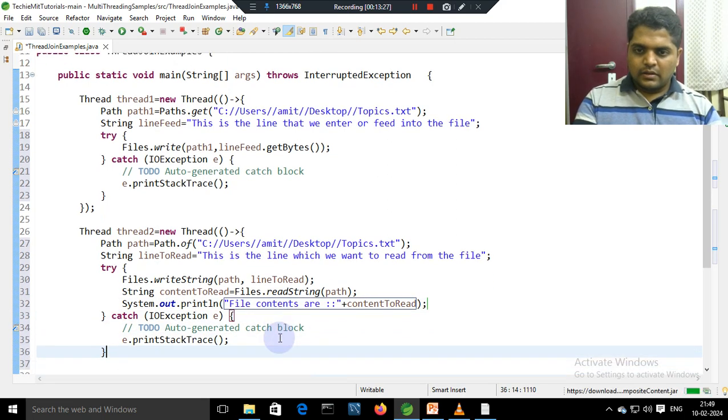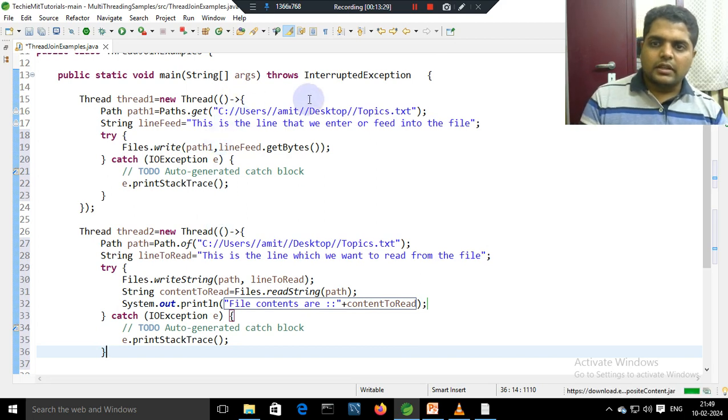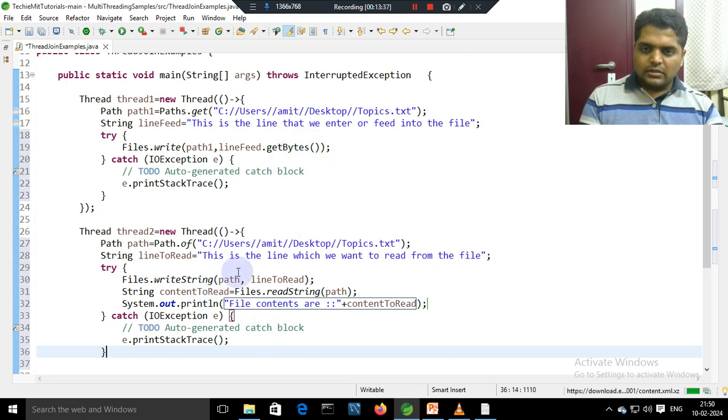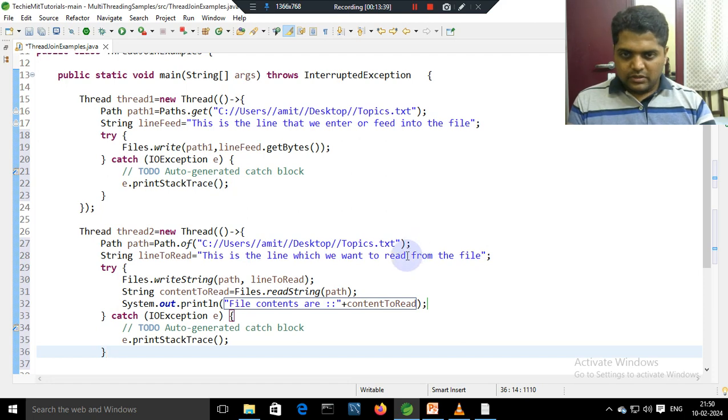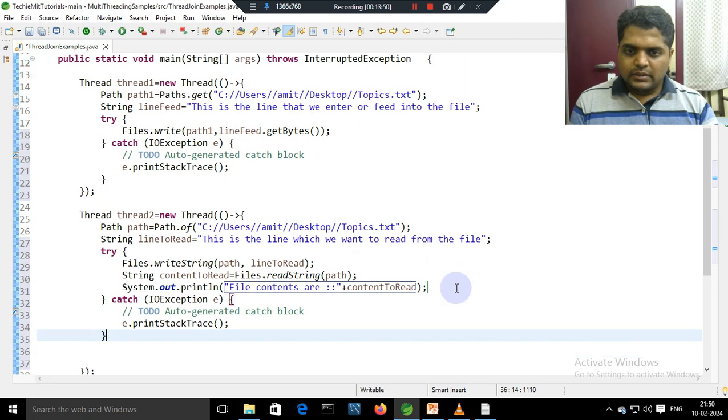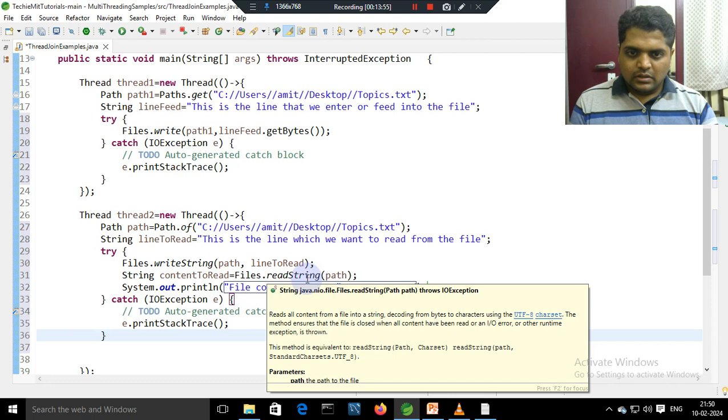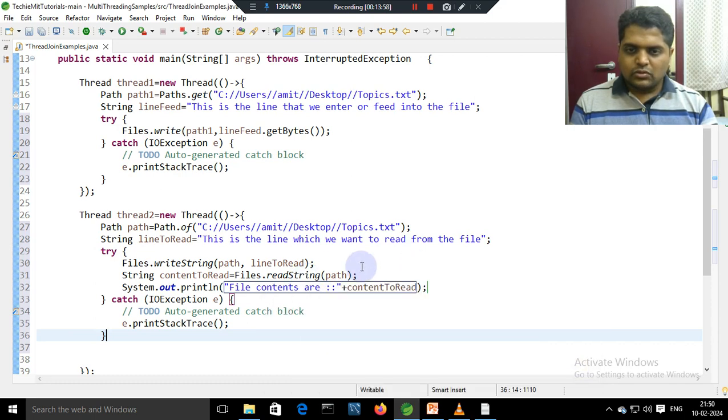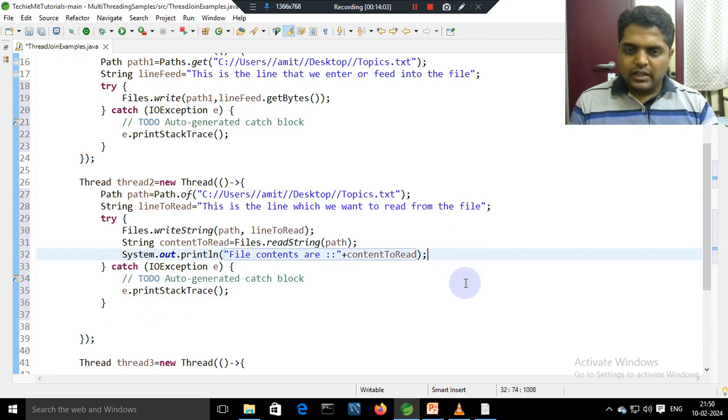to read. Okay. So in the first, we have taken a file, we have inserted a line, and we have written with the getBytes method. And in the other thread, we follow the same process. We have taken a path. We have taken a string over here using the writeString method. We write into that path, and using readString, we read all the contents from our file into a string. So it will read all the contents present in a particular path of the file, and it will print